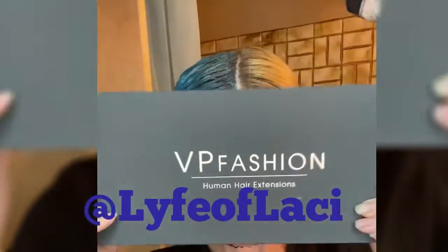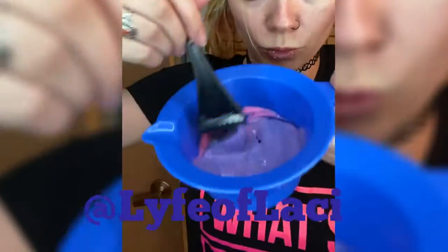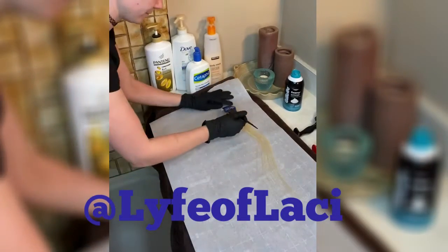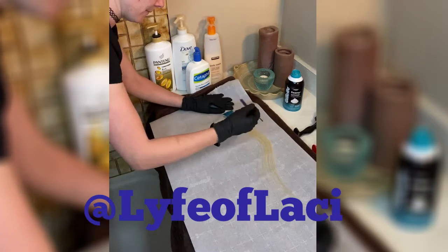So like I said, these are VpFashion human hair extensions. To create this color, I mixed Arctic Fox's new Frosè with a little bit of Aquamarine to get a nice periwinkle color. This color actually wasn't dark enough to go over the yellow in my natural hair, and I wanted them to blend nicely, so I ended up adding a bit more Aquamarine, which is what gave me this vibrant